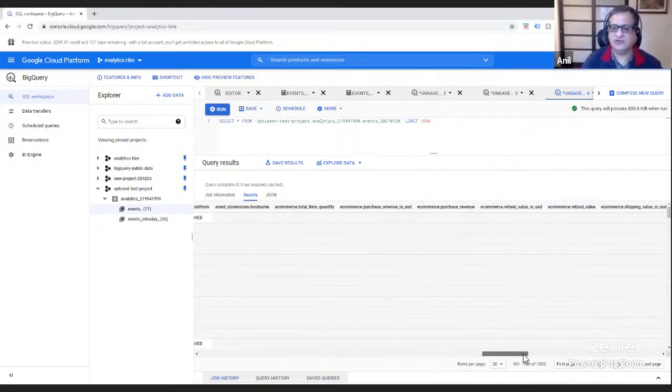E-commerce purchase revenue, e-commerce refund value in USD. This is USD and this is in your local currency, whatever that currency is. In USD, shipping local value. So behind the scenes, Google is tracking both in the local currency as well as USD. Tax,